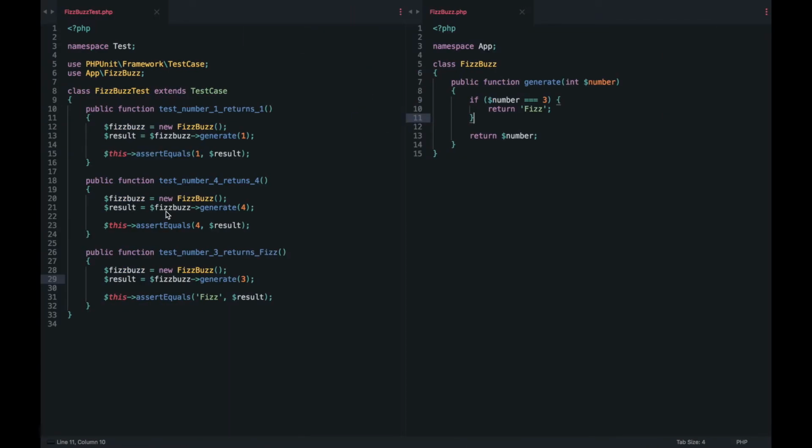Refactor phase. I cannot see any big thing, so let's go again to red. And again, let's make this conditional fail so we can keep making the code better and get to a proper solution. Okay, public function test number 6 returns fish as well.